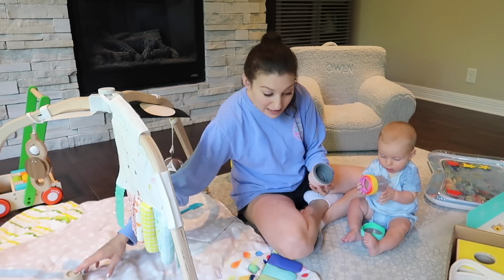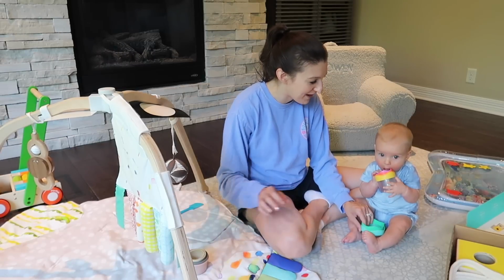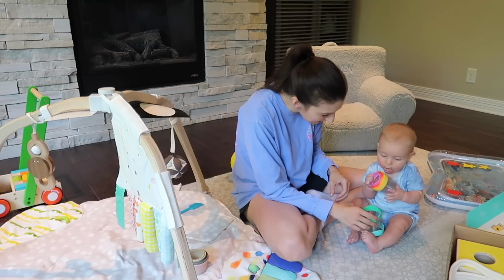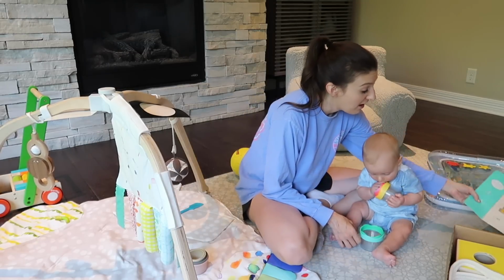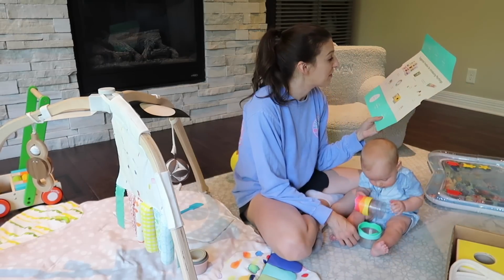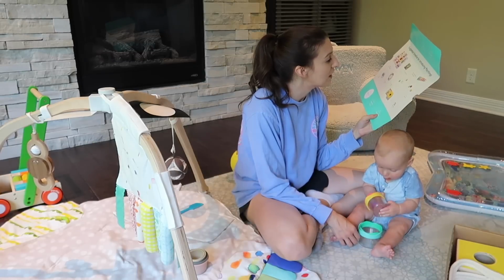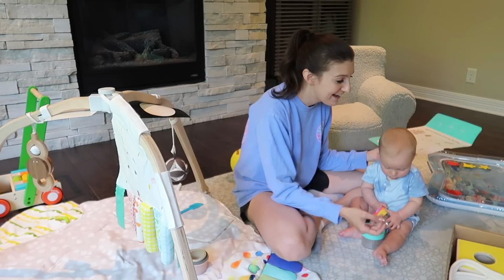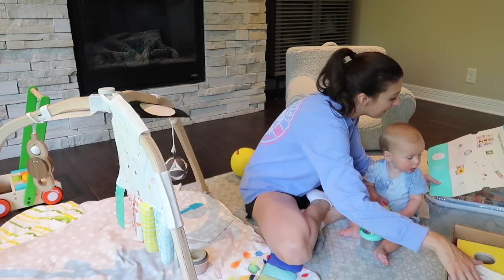So actually you can tell we have cups all over the place. He's been really into these stacking cups, so this is fun. They give you a set of stacking cups and they have some holes in the bottom, so that could be fun with the baby pool we got him. They are nesting, stacking, drip drop cups. And he's already very into it. Let's see what else you got. Okay, you got,